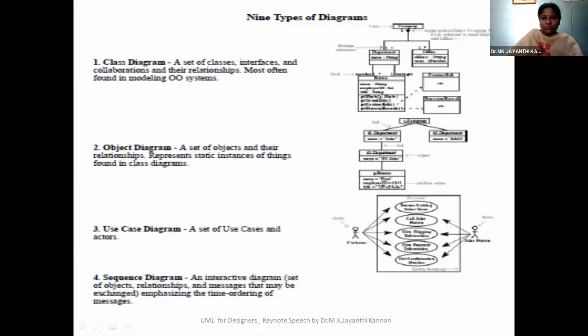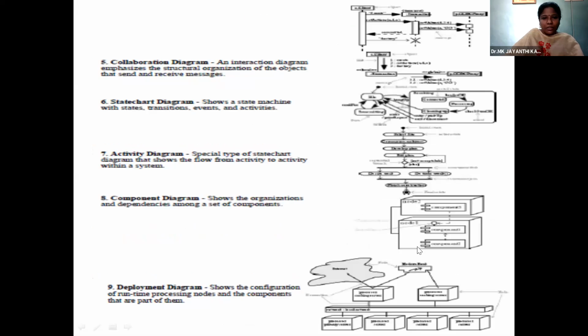If you go through these diagrams, then you will come to know easily how the class diagram will look like, how it is different from the object diagram, and how the use case diagram will look. Then this is the interaction diagram, collaboration diagram, structural diagrams, activity diagrams with starting state and end state, component diagram, and deployment diagram.